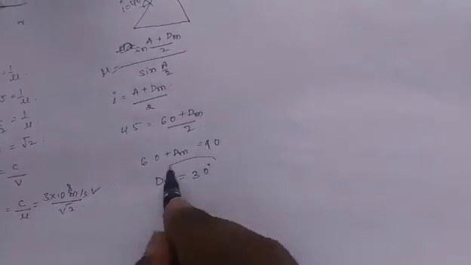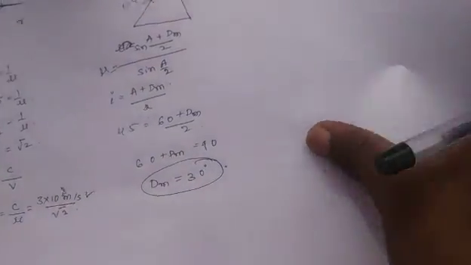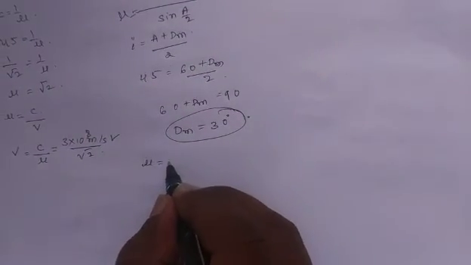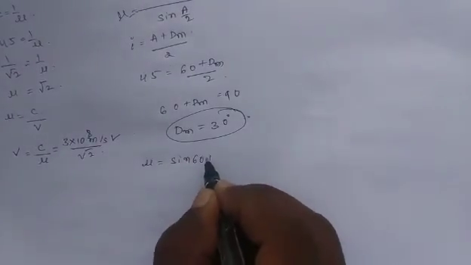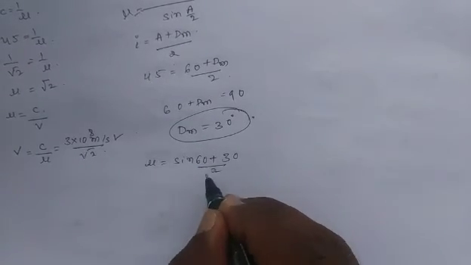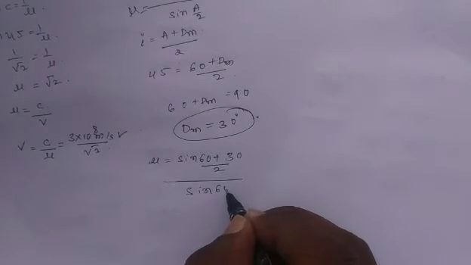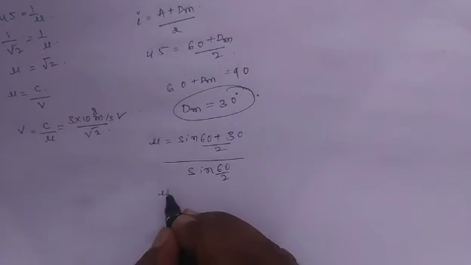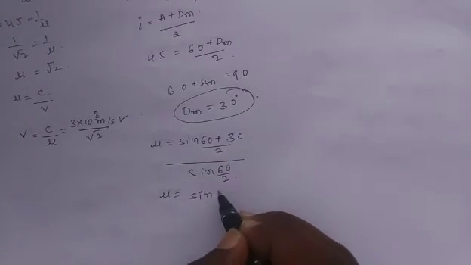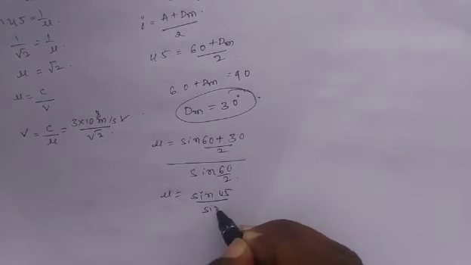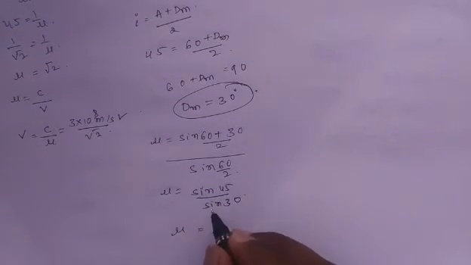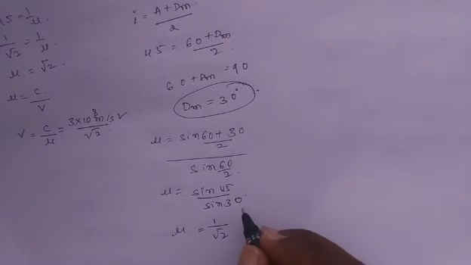Okay, next we want to calculate the refractive index, so we use the same formula. The refractive index is equal to sine of (60 plus the deviation value 30, divided by 2) divided by sine of 60 by 2. So mu is equal to sine 45 divided by sine 30. So the refractive index mu is equal to 1 by root 2 divided by sine 30,